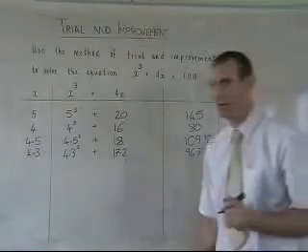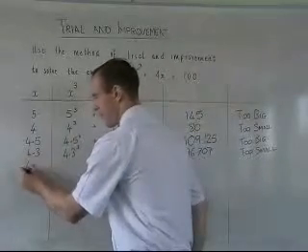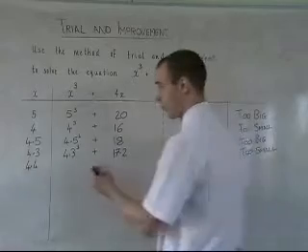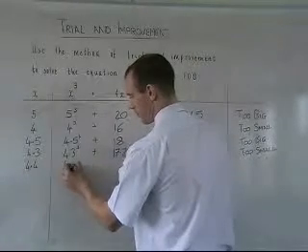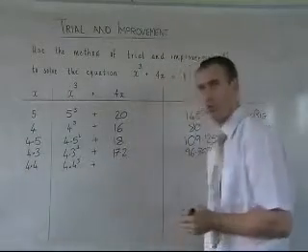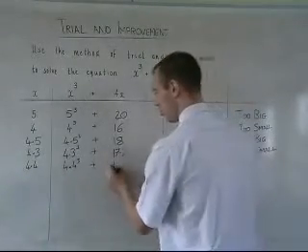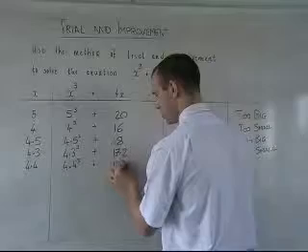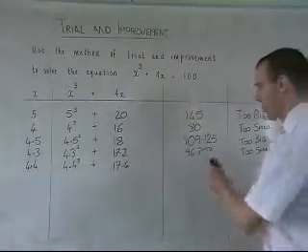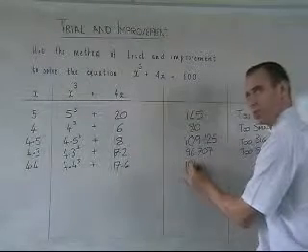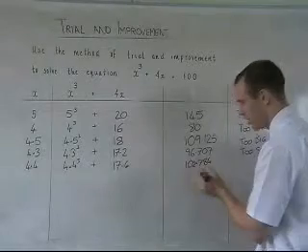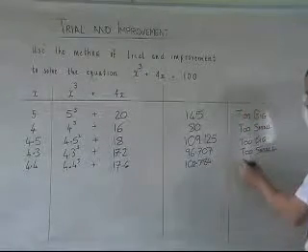So we're going to try out 4.4. Okay, 4.4 cubed. And 4.4 times 4, which is 17.6. And we're going to add those two numbers together, and we're going to get 102.784. This is still too big,